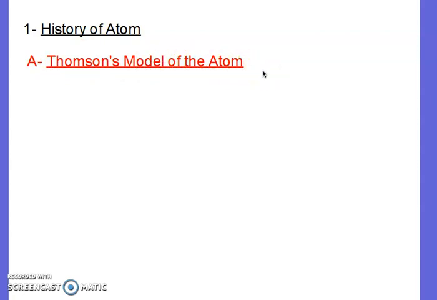By model, we mean what is the structure of the atom in Thomson's brain. How did Thomson imagine his atom? That's the meaning of model. Okay? So,